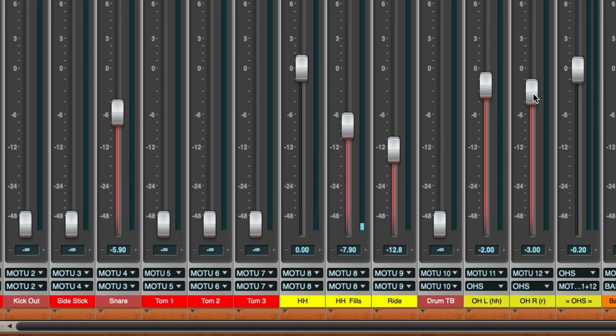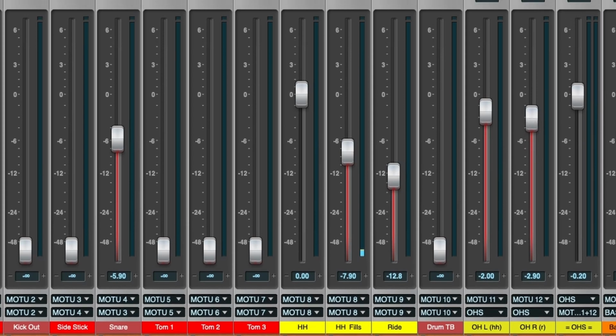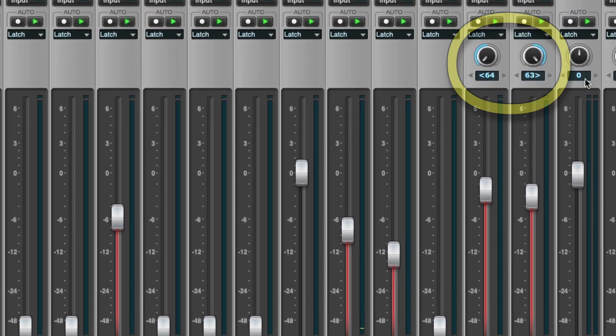I often find that one side's a little louder than the other, so if they're not locked into a stereo pair like that, you can adjust them separately, even just a little bit, and get a nice stereo balance there. And I pan those hard left and right, as you can see from my stereo mix. If you wanted to bring that in a little bit for not quite such a wraparound effect, you can easily